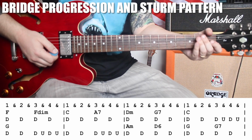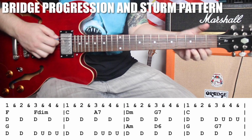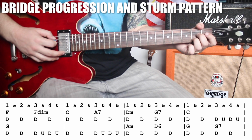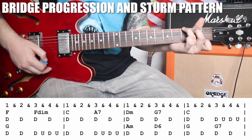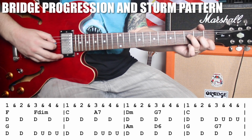The bridge starts off fairly similar like the second half of the verse. You're going to do F, F diminished 7, C, but instead of an A, you're going to do an A7, D minor, and instead of a G, you'll do a G7, and then you hold on the C for a whole measure. So the first half, we get